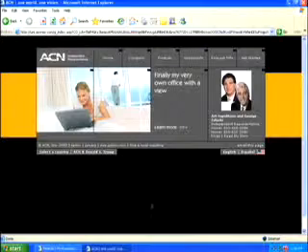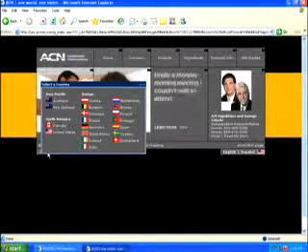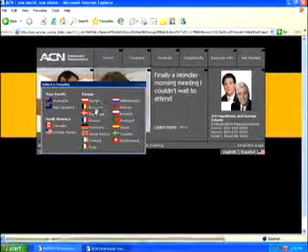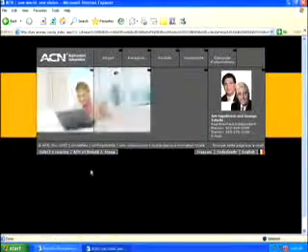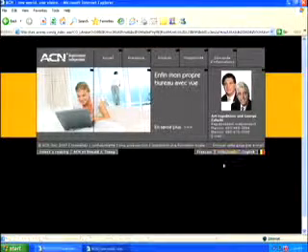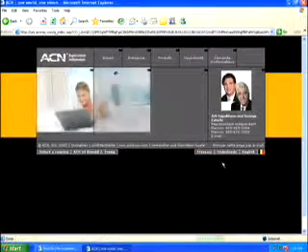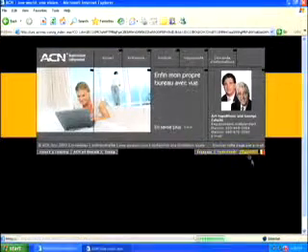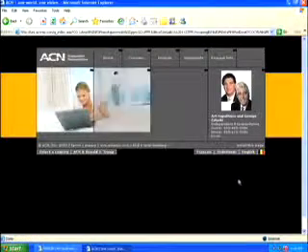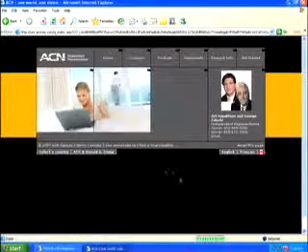Now, I'm not fluent in Spanish, so I'm going to go back to the English site. But let's say I was interested in another country. Well, here, when I select a country, all the countries that ACN is in are displayed, and I would select a country. And let's say I wanted to go to Belgium. Now, this is in Belgium. And actually, we have 3 languages that we use in Belgium. So we have French Belgium, Dutch Belgium, and then English. So all the languages that we support in that given country are selected. And you could do this for every country. Anybody from Canada?